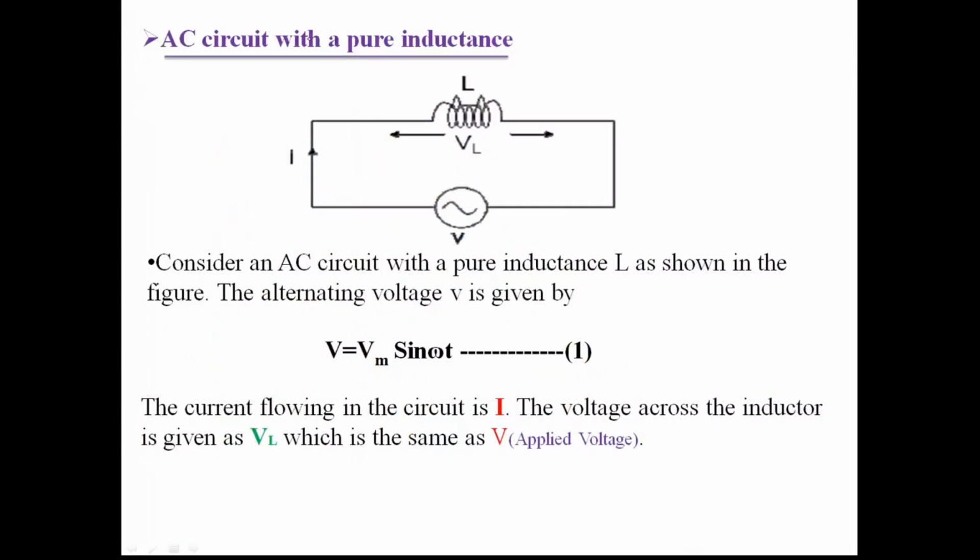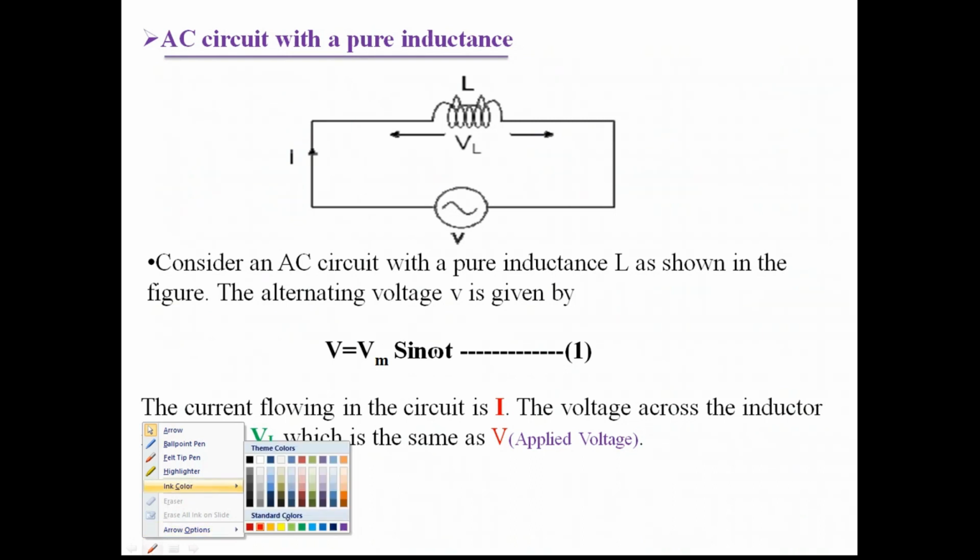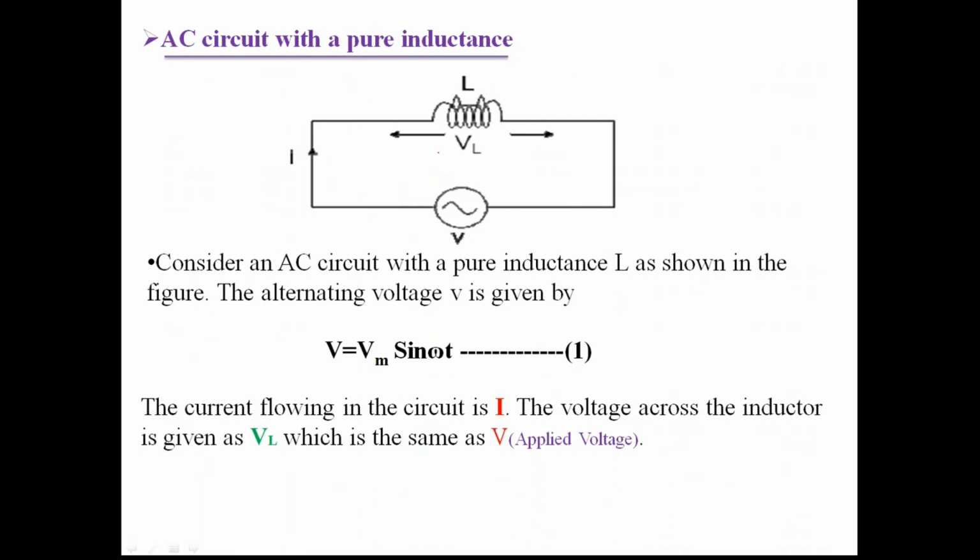Steady state analysis of a pure inductance, right? So let us consider a pure inductance. An inductive coil is excited by an AC supply here, right? So with a voltage of V, this is instantaneous voltage V, and when you apply an AC voltage, then a current I will flow in this circuit, and the voltage across the inductor we have defined as